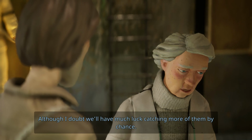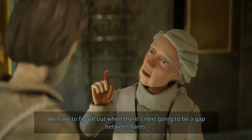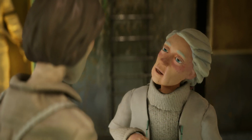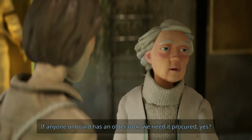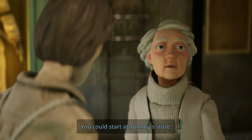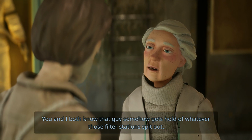Although I doubt we'll have much luck catching more of them by chance. Oh, yes. We have to figure out when there's going to be a gap between flares. Flares cause the solar winds. I need you to look into this, Harold. If anyone on board has an older rock, we need it procured. Yes? But if we're not going to be able to catch one, where am I supposed to start looking? You could start at Tommy's store. You and I both know that guy somehow gets hold of whatever those filters...